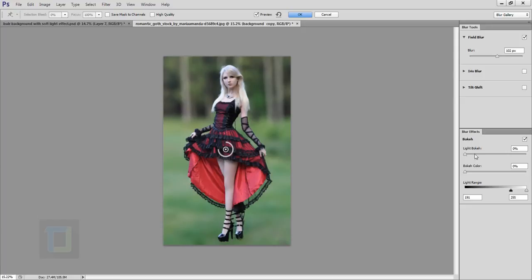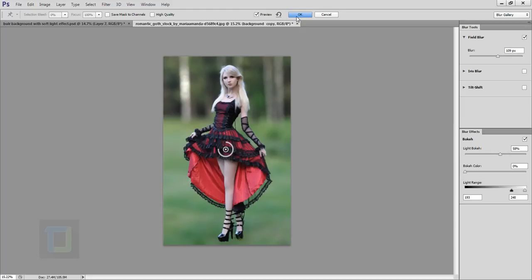And here you have this little option called bokeh, light bokeh, the lightning roundy thingy that everyone loves. So I can increase my bokeh here. As you can see, that looks really nice and great. And here you can control the power of bokeh, like how much brightness you need and you don't need. It will get a little bit too much, but it is really useful and one of the best things about Photoshop in terms of blurring the background. So I can increase my blur a little bit more, so that looks really nice, and that is great. I'm gonna decrease the lightning of the bokeh a touch,